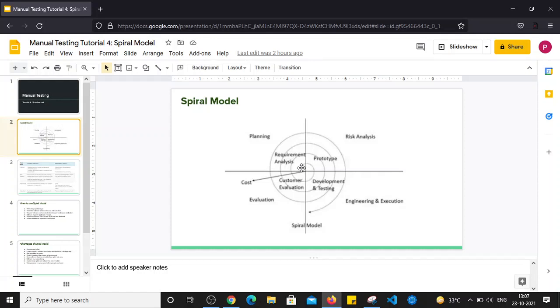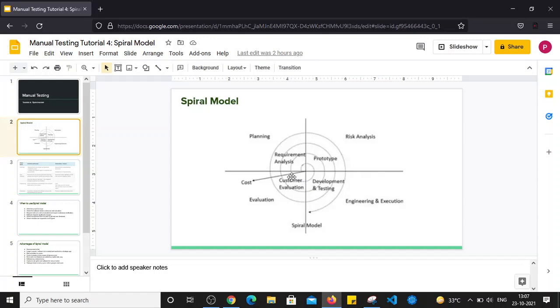So after the first phase, the second phase will start. After the second, the third phase, that is development and testing. During this phase, developers will start developing the product. They will deliver that project to testers to test it. And after development and testing are completed, we come into the deployment phase. Once development is completed, the software will be deployed on the customer's environment, where customers will actually check out that product. That comes under customer evaluation.